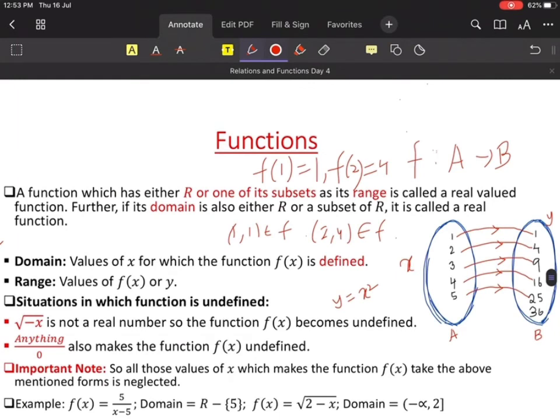Here I am writing the element. These are the images. Now f of 3 is equal to what? 9. f of 5 is equal to 25. Very, very good. So have you understood this portion? Yes or no? Yes, sir. Combining all of them, acha, fine.